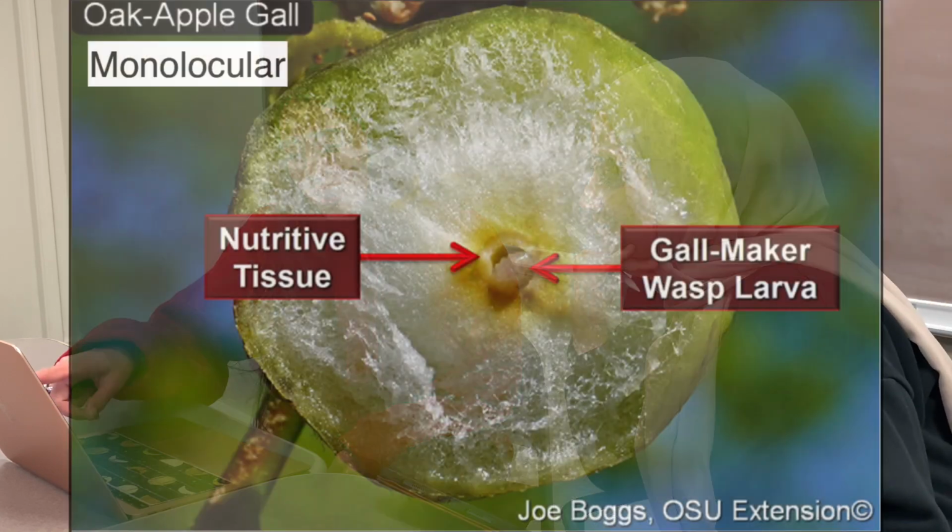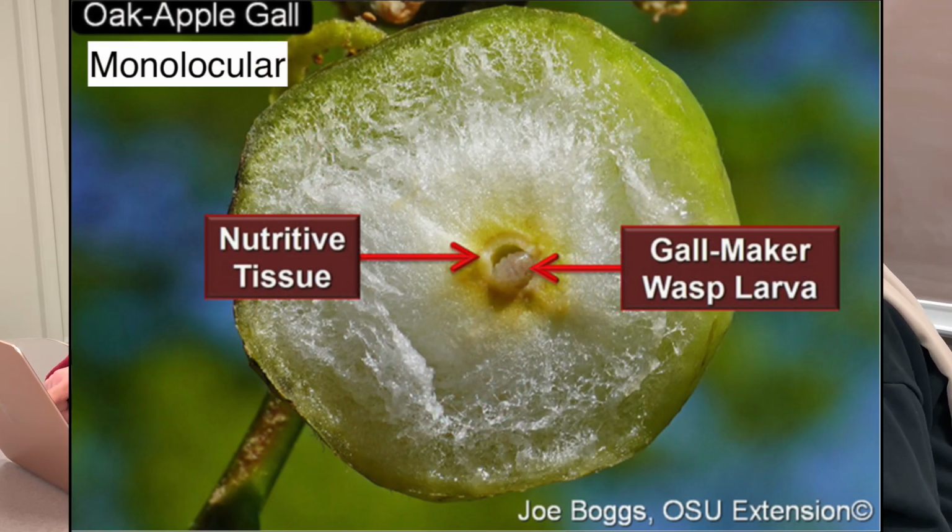Okay, so it's not a fruit. No, it's not, and please don't eat one. They have the wasp larva developing inside. Ugh, gross. It's called an apple gall because it looks kind of like an apple with similar textures inside. Here, let me show you. This is what a cross-section of an oak gall looks like. This is monolocular, meaning it houses one larval chamber in the center, but there can also be multilocular galls